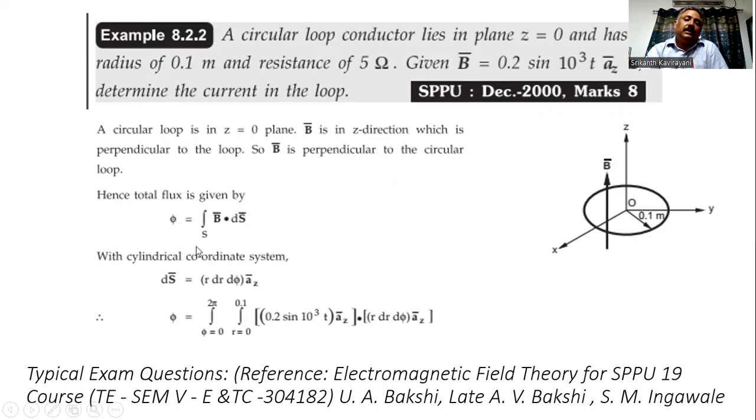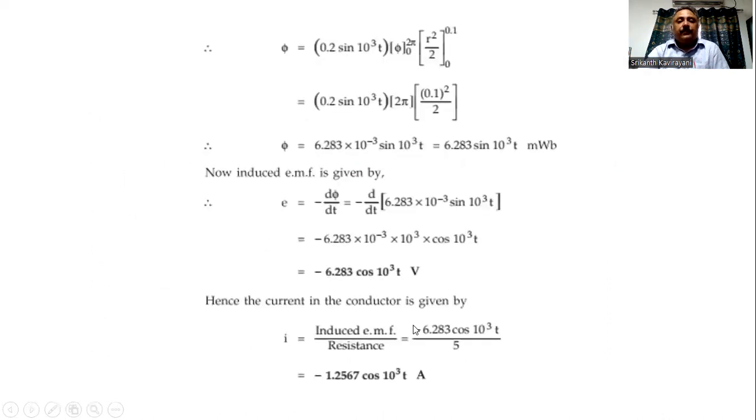So what will be the total flux? The total flux is integral B dot dS. With the cylindrical coordinate system, dS bar equal to r dr dphi az. So phi equal to 0 to 2 pi, r equal to 0 to 0.1, which are the limits based on the given problem. And then we integrate within these limits our B bar dot r dr dphi az. If you evaluate this, it would end up to a value of 6.283 sin 10^3 t